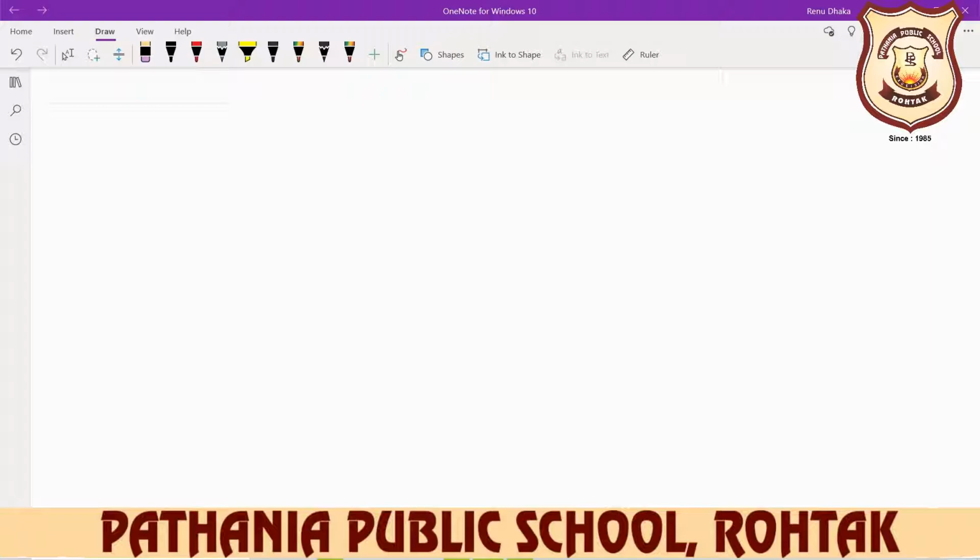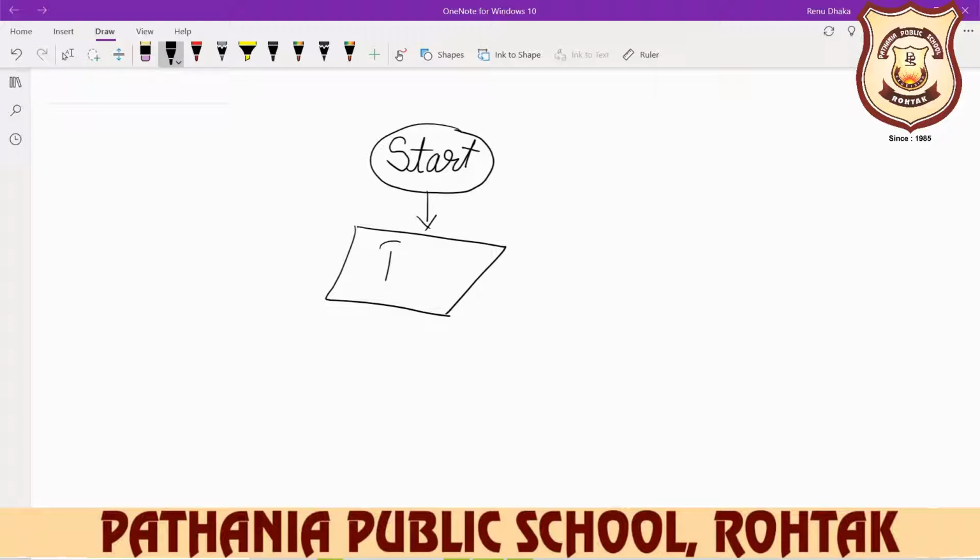First to start, and always we start with an oval, and here you write down start. After start, we need marks. So input marks here. You write down read, and for marks you write any variable name here: marks, m2, m3, any name.